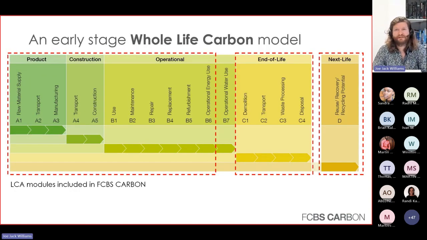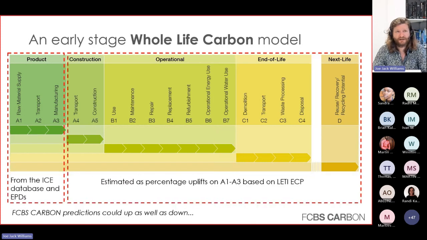So this is what's included. You've seen all this before. This is all looking familiar. We do all of the life cycle modules. We include energy use in it. I'll show you that, but I won't talk too much about it. But really what it's actually doing is we take the first bit, A1 to A3, and I mentioned earlier that that's the most important section in many ways. And then we use percentage uplifts on the rest of it. So we know that 80% of the carbon emissions are in A1 to A3. That's where the things are made. And the rest of them tend to be fairly minor.